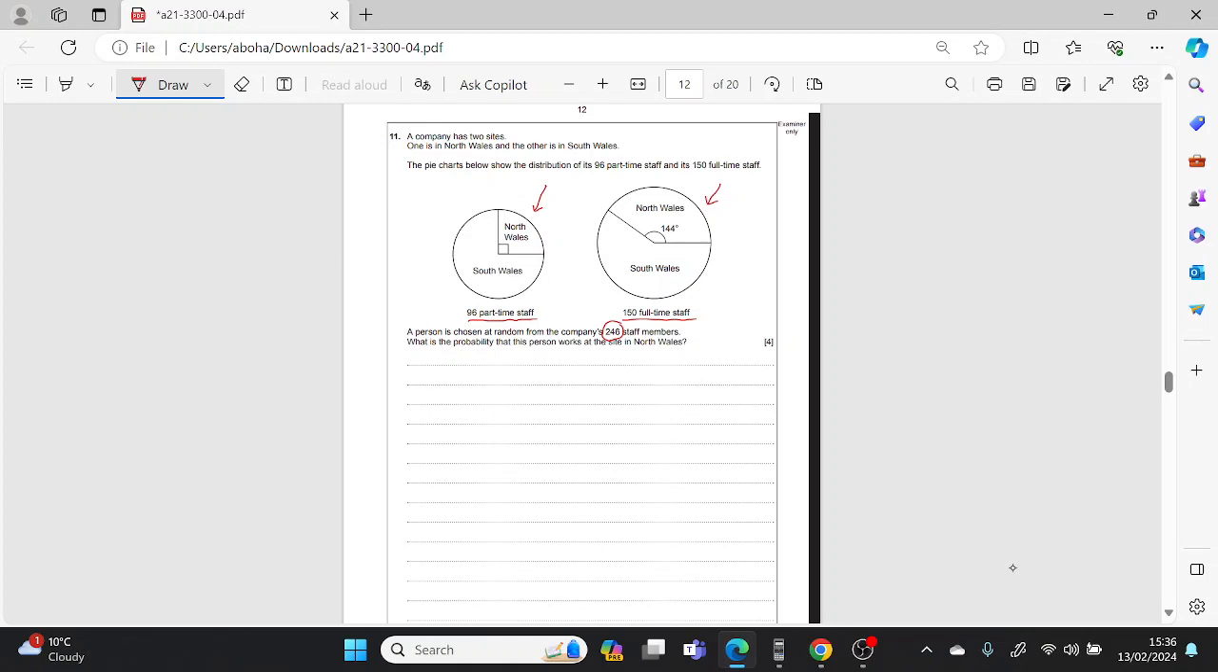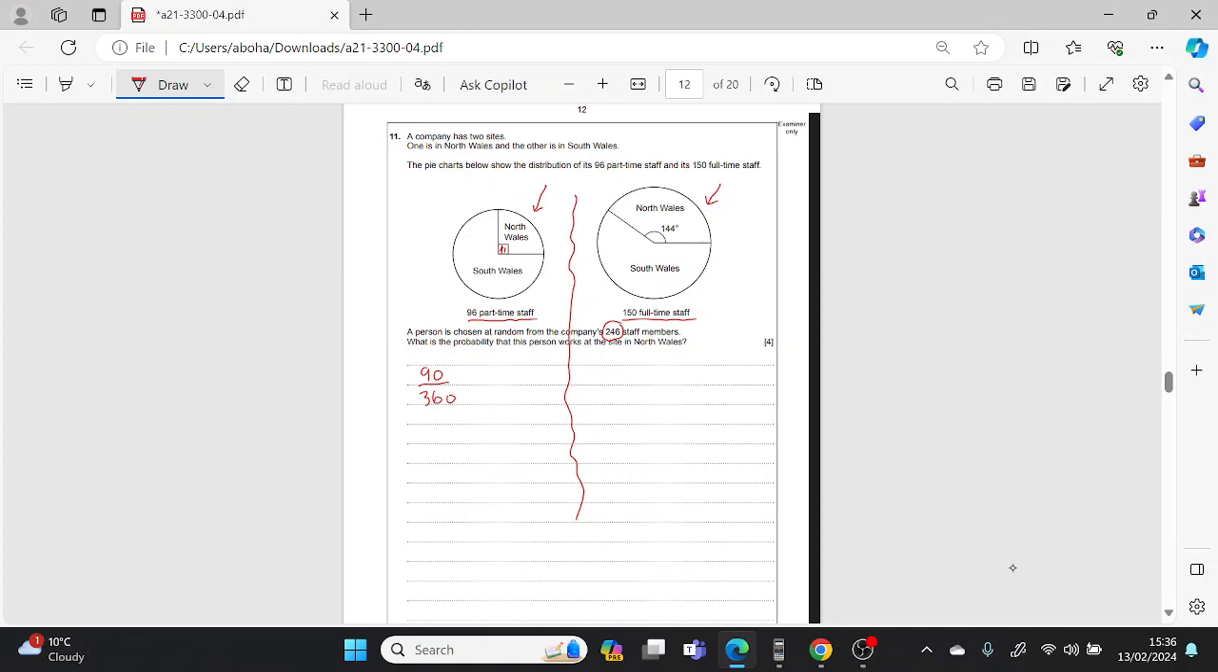What's the probability of a person being chosen who works at a site in North Wales? So we know the answer is going to be out of 246 because there's 246 in total. So the question is, how many is in each? So let's do this side first. So for this one here, we know that that's 90 degrees. So 90 divided by